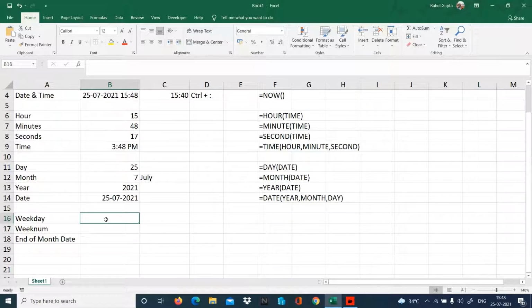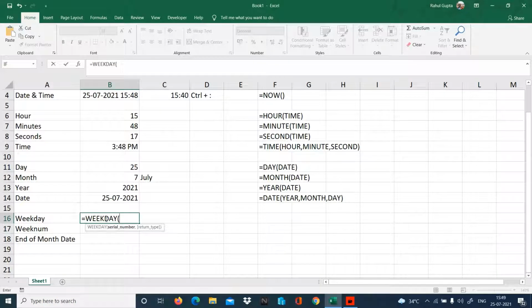Now weekday, if I talk about, that depends on the day from which I start my week. As many of the countries, like if I talk about Arab countries, they are having weekend off as Friday and Saturday. They start their work from Sunday onwards. If I talk about other companies, they might have their Friday off, they might have Thursday off. So according to that we should know what the weekend off is. Accordingly, we have to start the week. For example, I start my week from Monday onwards. So I have to define that Monday is the first day of my week over here. So let's check is equal to weekday.